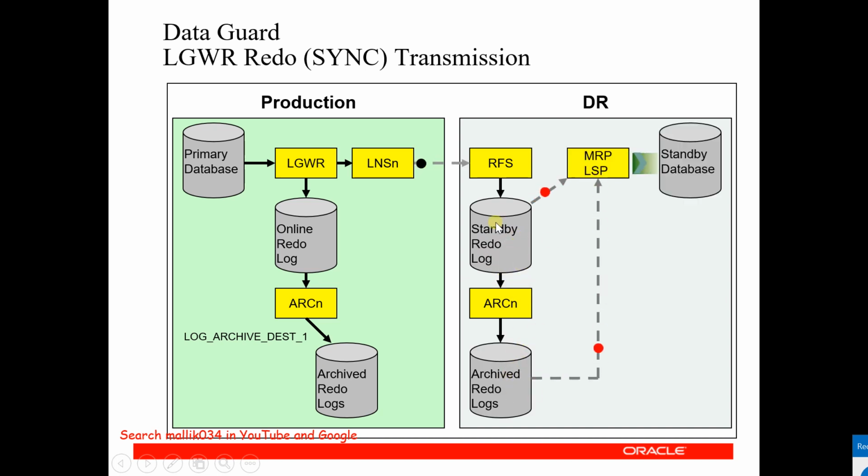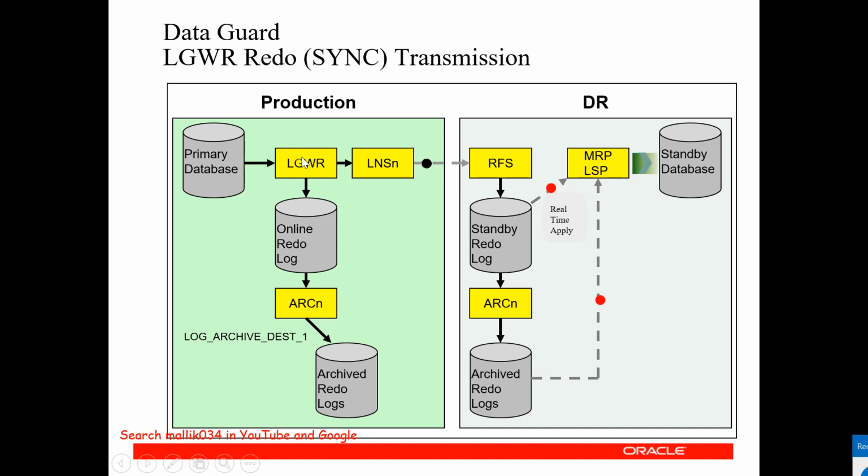And again, the apply process, you can go with the real time using standby redo log, or you can go with the archive redo log apply. This is not a real time, and this is a real time. So what happens in this case? This is the synchronous mode. So this log writer is going to write both standby side and primary side at the same time. You can see, right, directly from the log writer it's going to write it to standby redo log, and it's going to write it to online redo log.